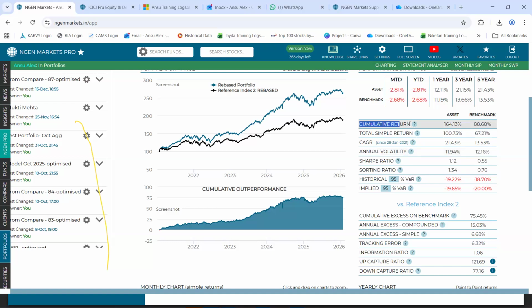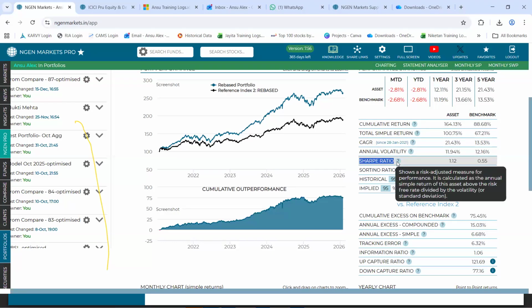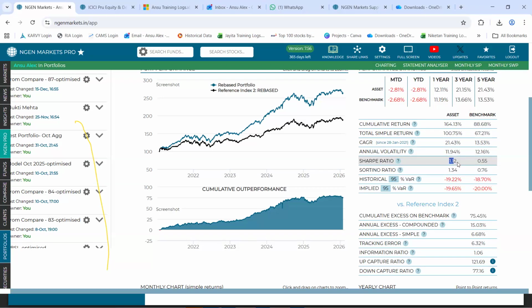You could look upon the cumulative return, which was 164% for the portfolio and 88% for that of the benchmark. Following that, we also have something called the Sharpe ratio, which tells you the risk adjusted return, which is indeed higher for our portfolio at 1.12 when compared to that of the benchmark, which is at 0.5.